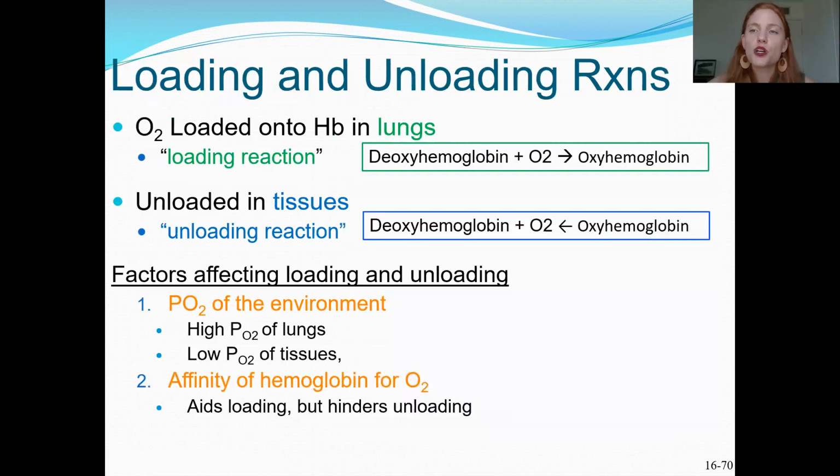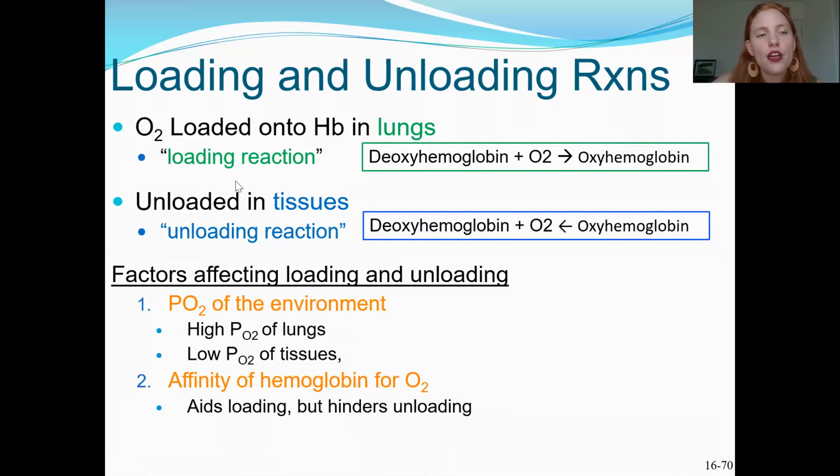Okay, so let's talk about the terms loading and unloading reactions. As we've seen before, if hemoglobin is not bound to oxygen, it's called deoxyhemoglobin. And so if you take the deoxyhemoglobin not bound to oxygen and then just add the oxygen, it becomes oxyhemoglobin. This right here is called the loading reaction. So loading reaction just means you're loading up the hemoglobin with oxygen, putting oxygen onto the hemoglobin to be transported